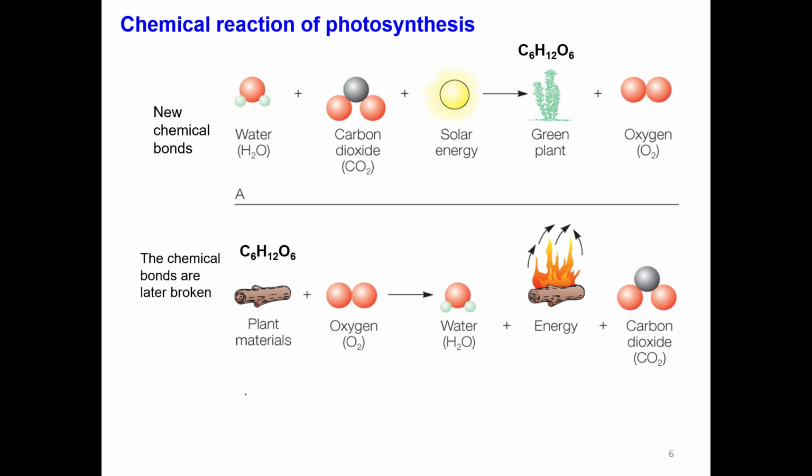We had water, which is liquid, plus carbon dioxide, which is gas, plus energy. The way we indicate energy, we can use the triangle to indicate we need to add energy to the reaction. And then in the products we had glucose,